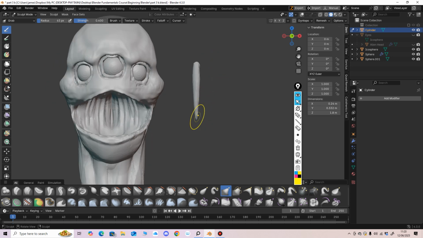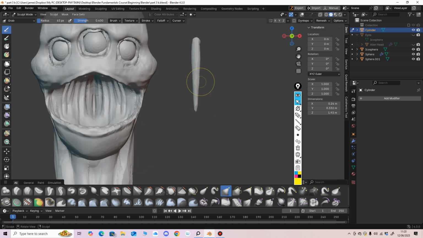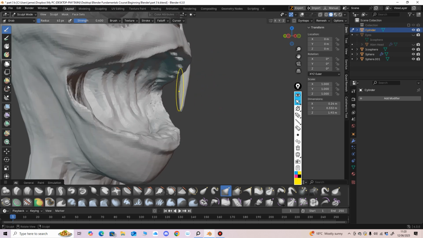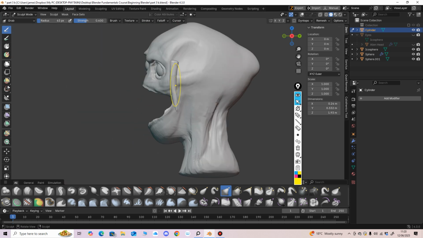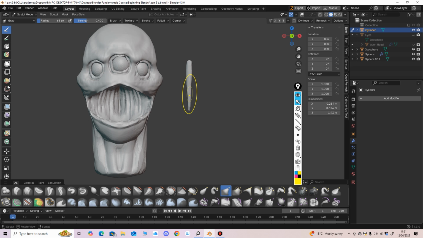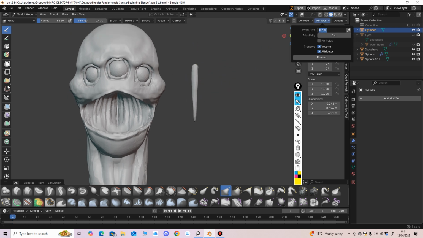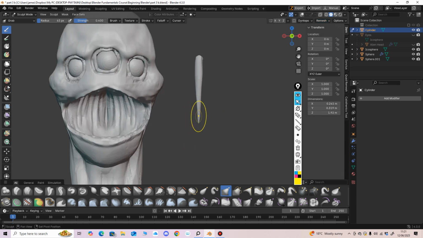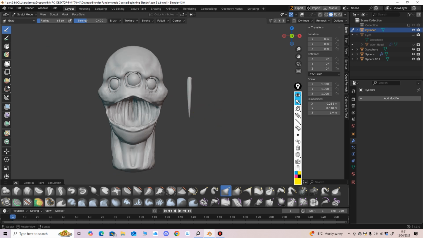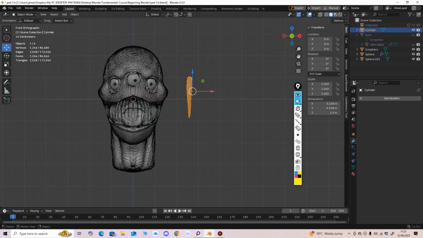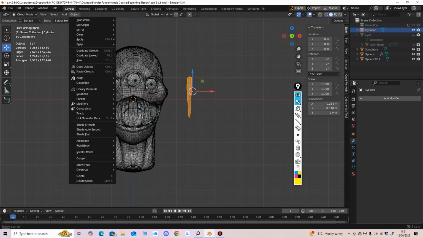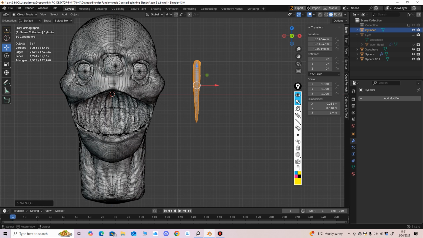Just move that. Pull that down. In there. Bit of a bend to it. And it's not the best tooth in the world. Let's remesh that at 0.1. Bit more resolution, bit more sharpness on that tooth. And what we'll do now, we'll go into object mode, overlays, object set origin, origin to geometry,